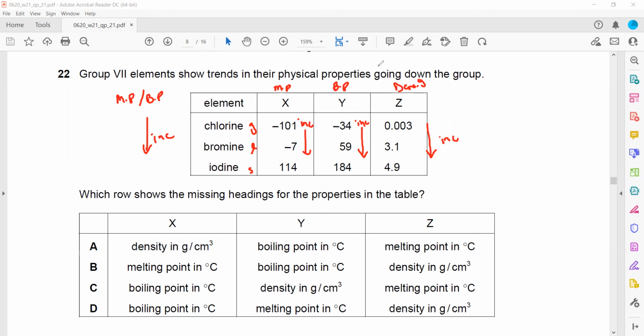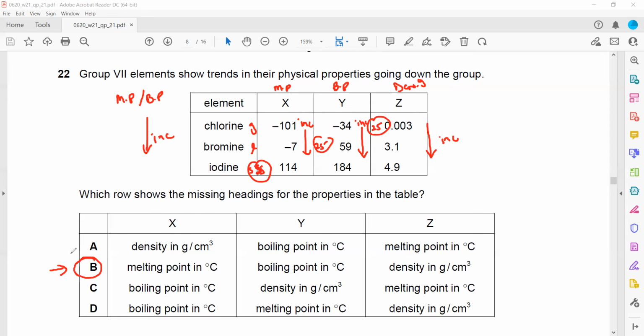Then when you check the state at room temperature, chlorine is a gas at room temperature, and room temperature is 25. So where will 25 come in this order? 25 will be here for bromine, which is a liquid. And iodine is a solid, so 25 is before the melting point. So the first one is a melting point, the second one is a boiling point, and the third one is a density. So melting point, boiling point, and density. That's why B is the